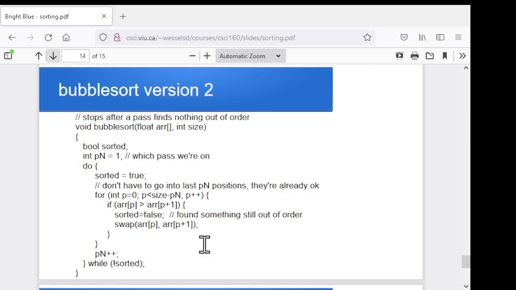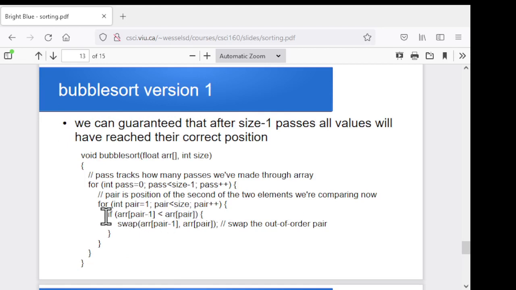All right, and again, that just goes through over and over again. Eventually we wind up with a sorted array. So again, we're going through, if things are out of order, we swap them. We go all the way through the array, doing all those swaps for the current pass, and then again, we just keep doing passes until we're guaranteed to have the whole thing sorted. Now, this works. Once you correct a less than to a greater than here, this works,